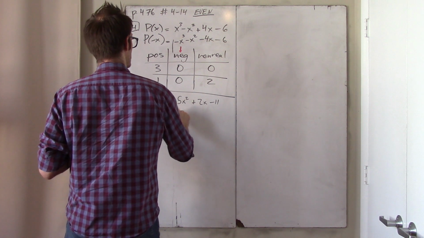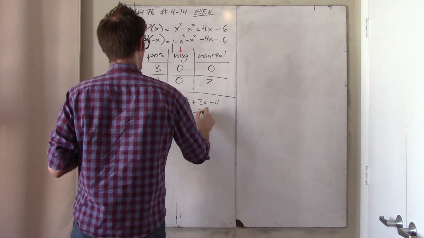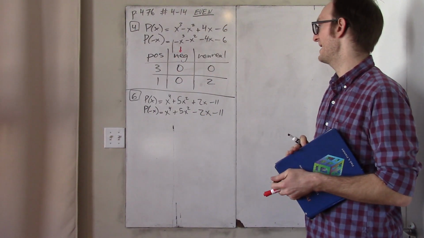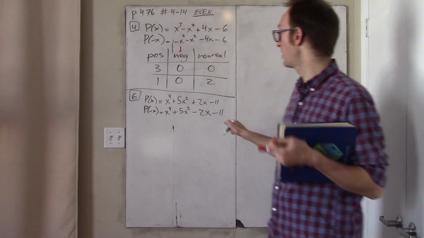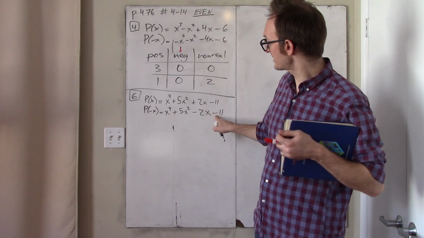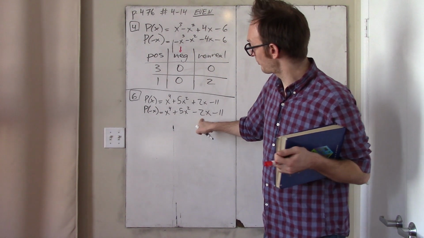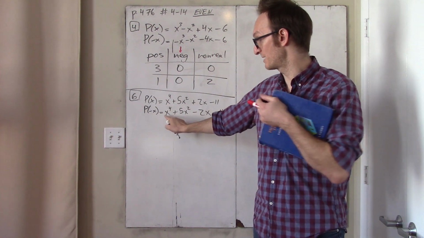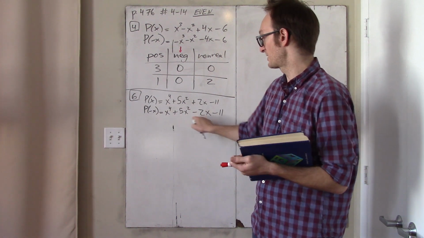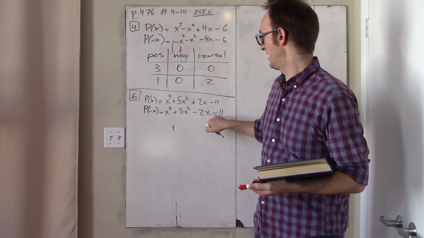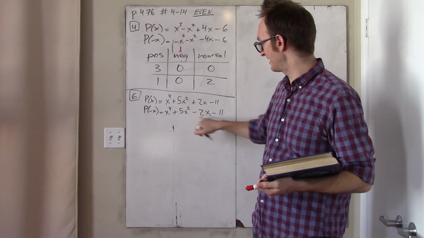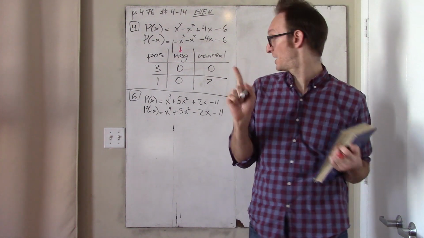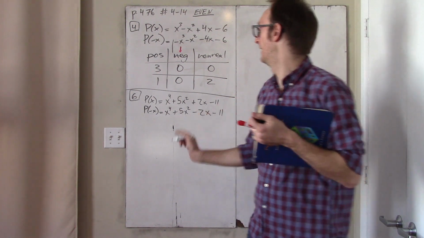And while I am at it, I will just consider p of negative x, which is x to the 4th plus 5x squared minus 2x minus 11. And so now, by the exact same logic, it starts at negative 11, it goes down further, but then eventually 5x squared takes over, bringing it up, and it's got to cross, and this just makes it go up more. So we see that there's one sign change. The coefficients begin negative, and then they change once to positive,